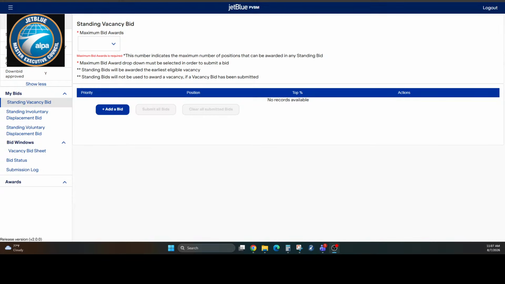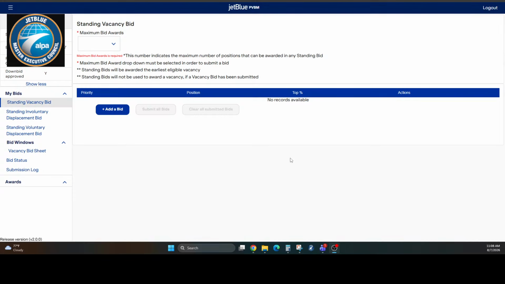If you have a standing vacancy bid sheet but do not have a vacancy bid sheet for the vacancy in progress, your standing vacancy bid will be run. For example, in a prior award you got the Kennedy 220 captain, however, your standing vacancy bid sheet hadn't been touched in a few years and it still had an FO position that you previously had targeted. That standing vacancy bid sheet can be read and you can be downgraded